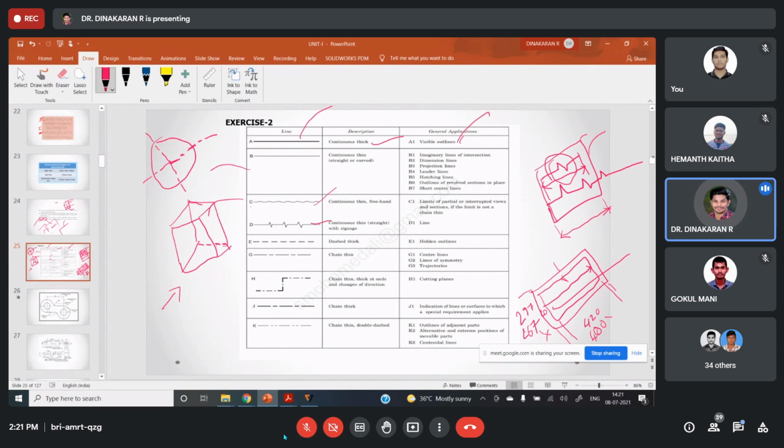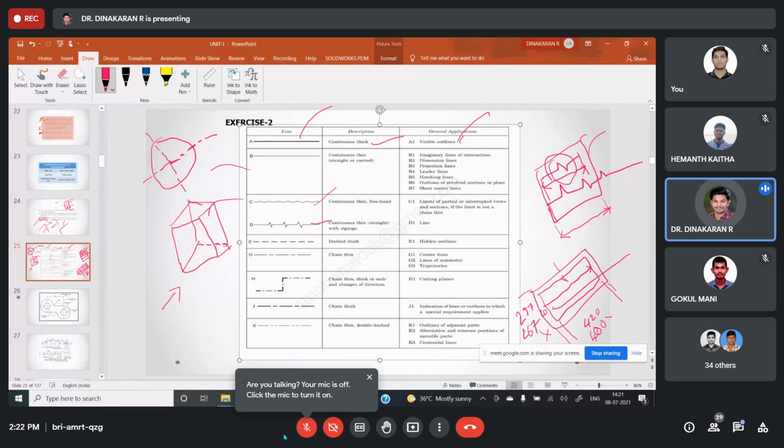The center line should be moved outside of the border. A little bit you need to draw outside of the border. You need to draw it like that only. The starting and ending should be on a longer thin line, and in between that a shorter thin line. Okay. Any doubt on this center line? Then after that, cutting plane. Yesterday, in the last class, I told where the cutting plane will be used.